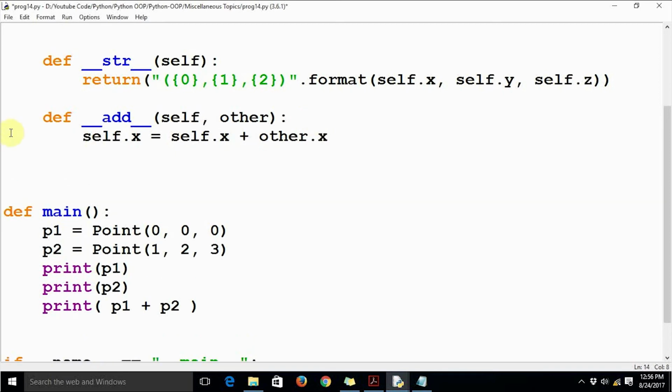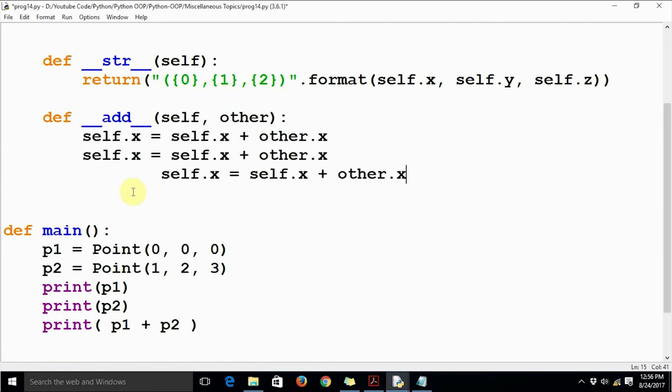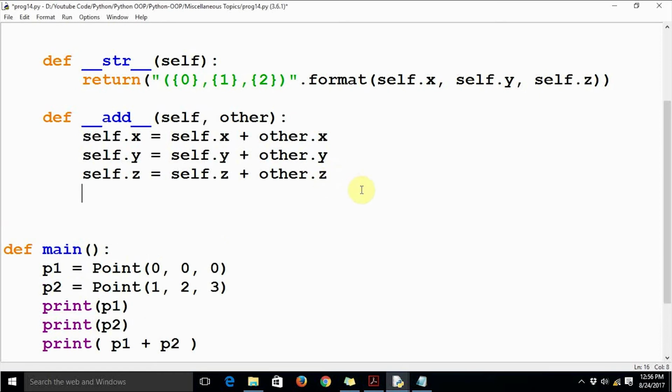Same way for y, and let us make the necessary changes here, and z. So self.x equal to self.x plus other.x, self.y equal to self.y plus other.y, self.z equal to self.z plus other.z, and let us return this.